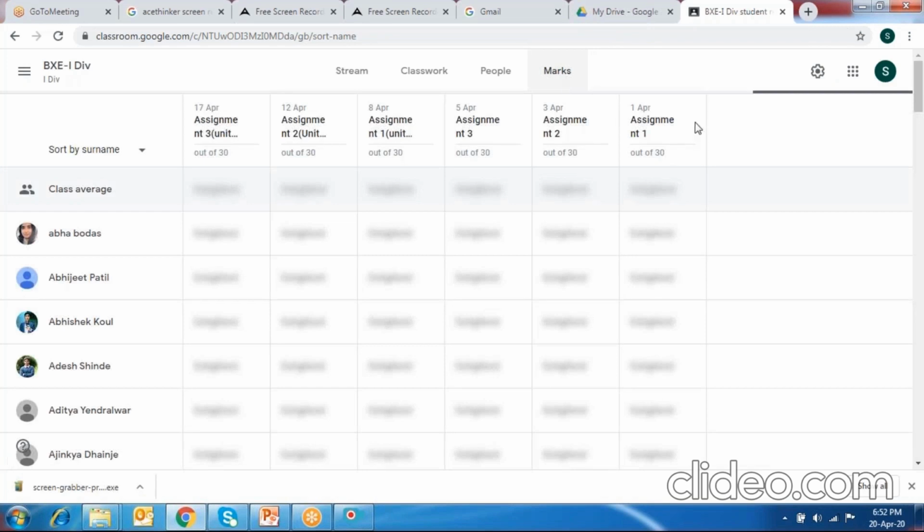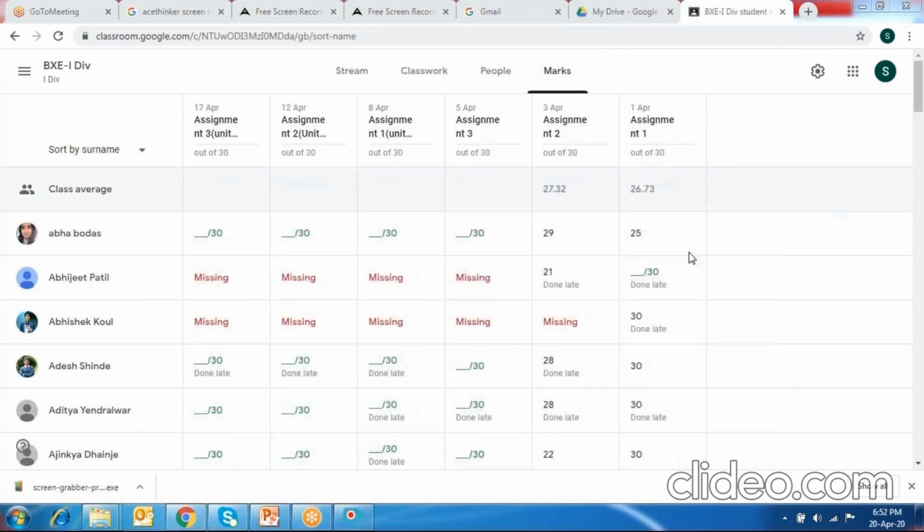And then let me show you the fourth one, that is marks. Yes. So if you have given marks, then those marks will be visible here. If you haven't given marks, those marks will not be visible. So if you can see that there are 1, 2, 3, 4, 5, and 6 assignments that I've given. So in the last 2 assignments I have given them marks, that is the reason those marks are visible. And in the earlier 4 assignments, I have not marked them, so it's not visible. That's the way you can see the marks.